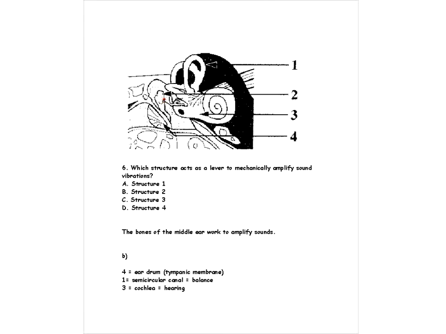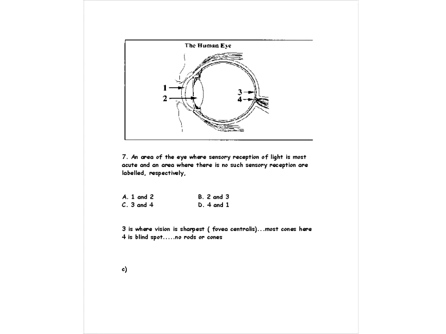But I just thought that, with some of these questions, I'll tie in some other information just so you have a rounded view on it. So also, structure 4 is going to be the tympanic membrane, or the eardrum, right? And structure 1 is going to be the semicircular canal, and that's used for balance. Okay, so that's structure 1. That's right here. That's used for balance. And this structure here is going to be the cochlea, and that's used for hearing. Okay, so that's just an aside. The main part was the bones in the middle ear being related to amplifying sound.